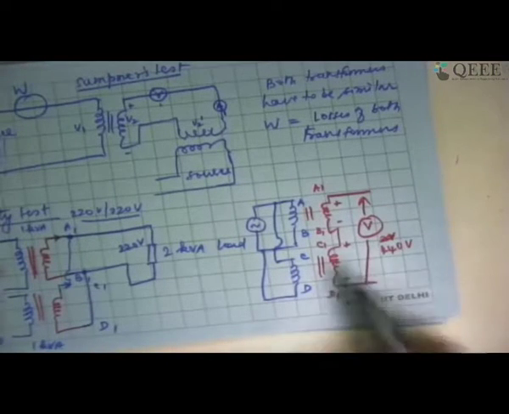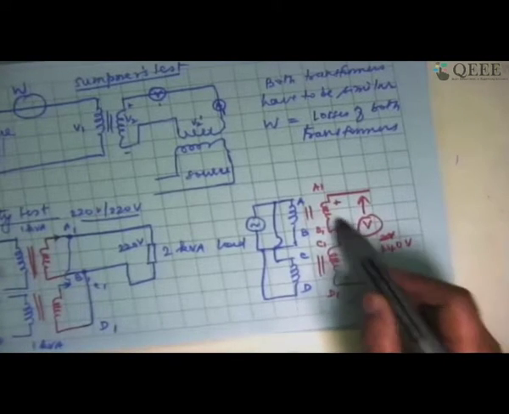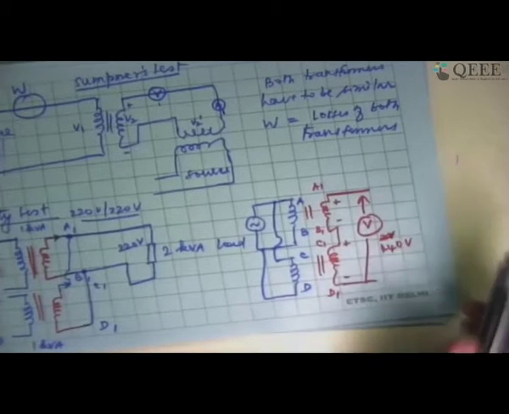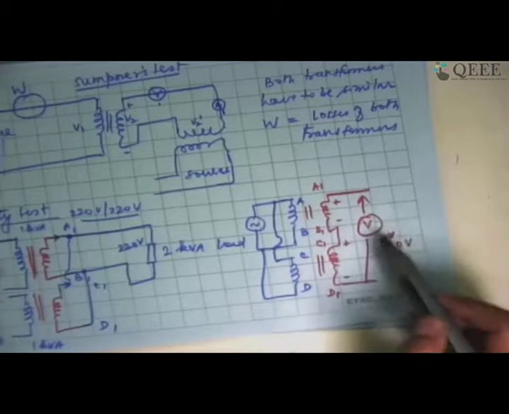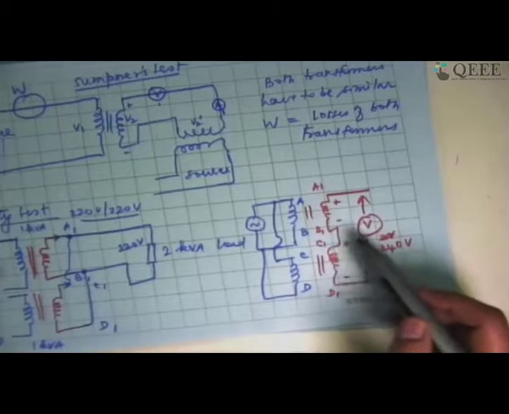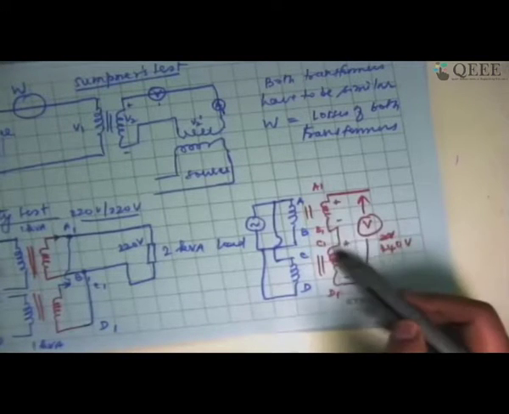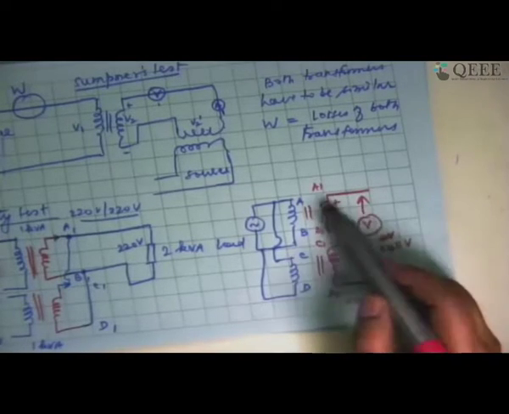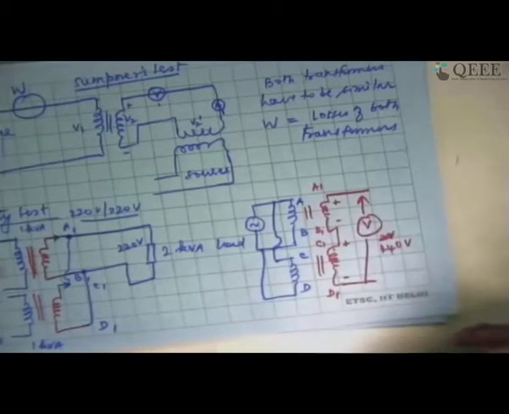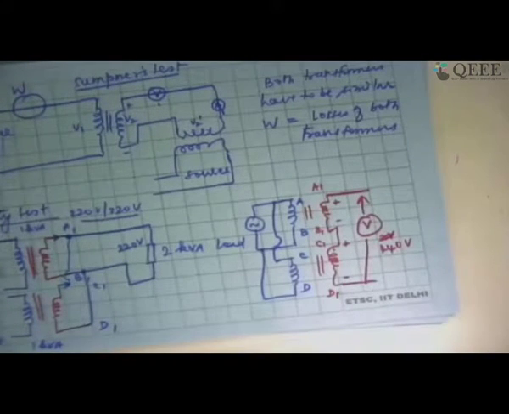If I get 440 volts here, that means I have connected plus and minus together. So it is not good to connect like this for parallel operation. If I get 440 volts, I know that I have to connect A to C rather than B to C. I cannot connect B to C. I have to connect A to C. Only then the polarities are matching. So essentially, this is what is polarity test.